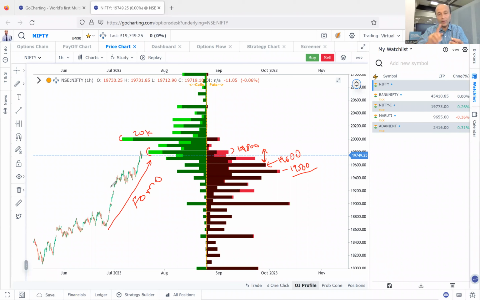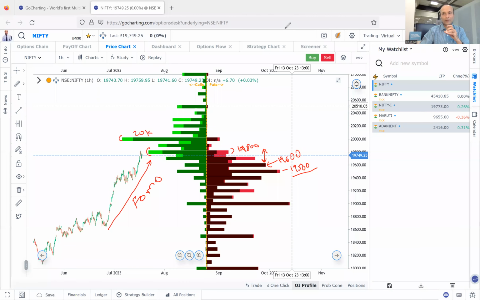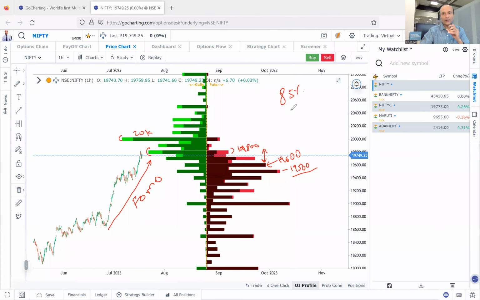Now I will add one more thing. Option buyer has 70% chances of losing money, 30% chance the option buyer will make money. And if you sold an out of the money option, a deep out of the money option, your probability of making money is 85%. With probability, I'll write it for you, 85% is the probability for option sellers. I am talking about out of the money options, OTM winning probability, and for the buyer the winning probability is 25 to 30%.